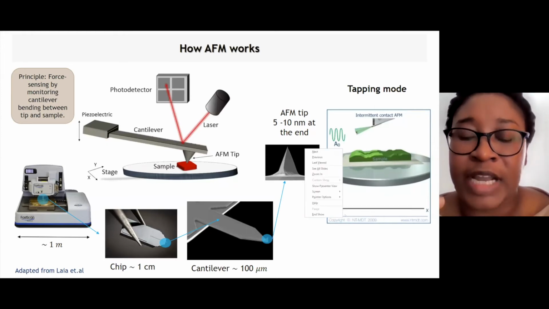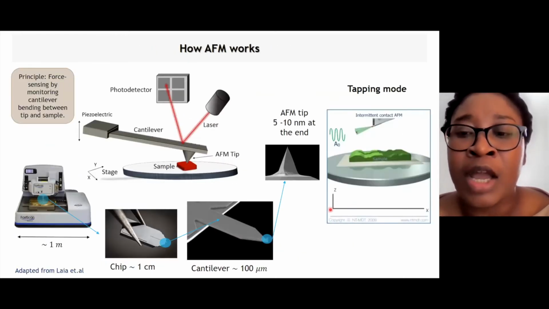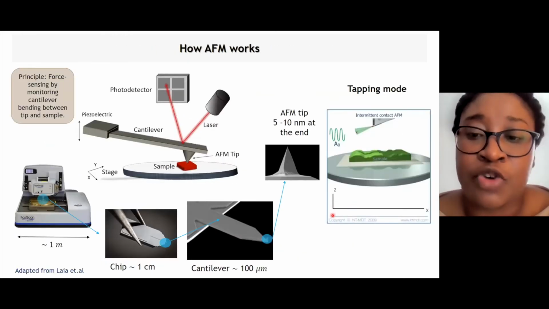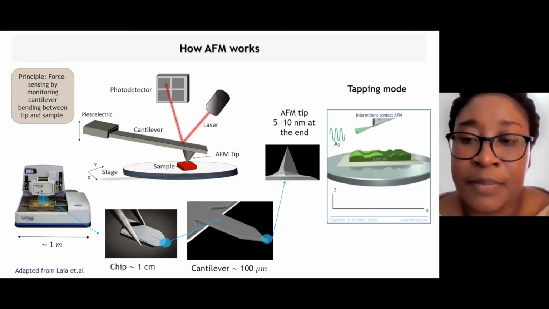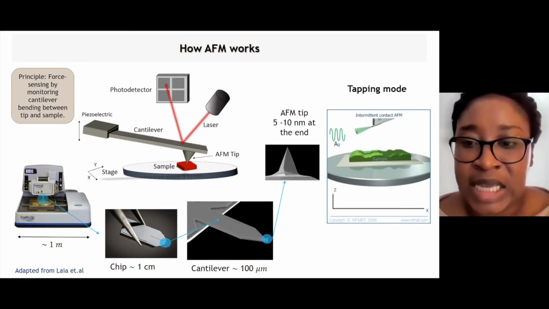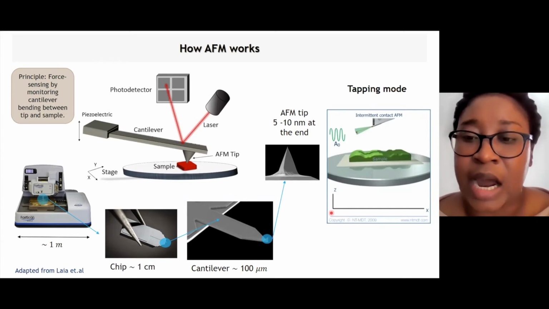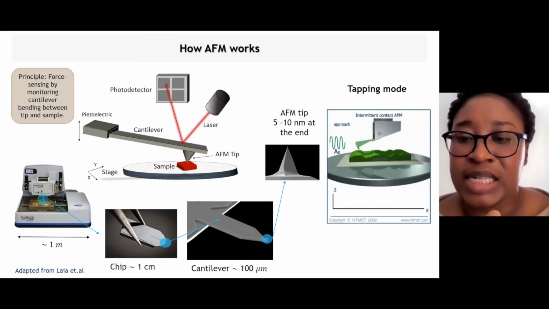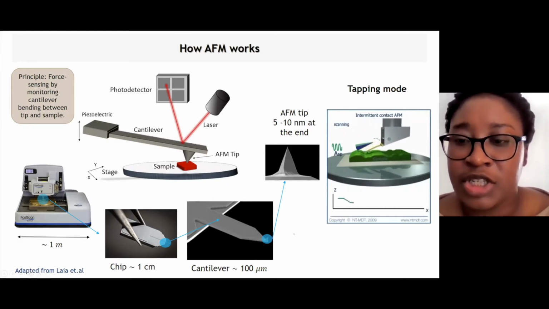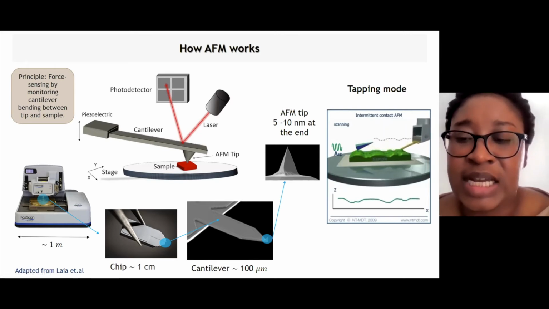And here is an example of the kind of mode that we used, because you can actually use different kinds of mode in an atomic force microscope to operate the AFM. So you can use the contact mode, you can use the peak force mode, but for the E. coli, we actually used the tapping mode, in which we have to oscillate the cantilever near its resonance frequency as it scans across the surface. Okay, so now you can see how the tip oscillates and gets closer to the surface, having a reduction in the amplitude of oscillation and scans through, and then that gives you the Z topography.